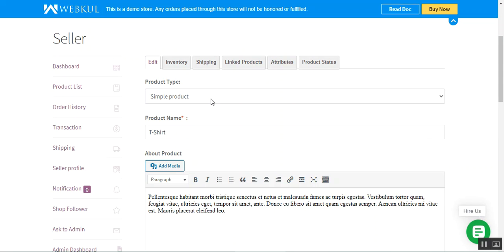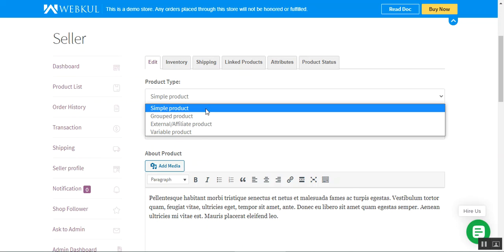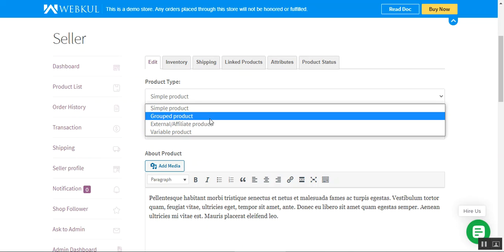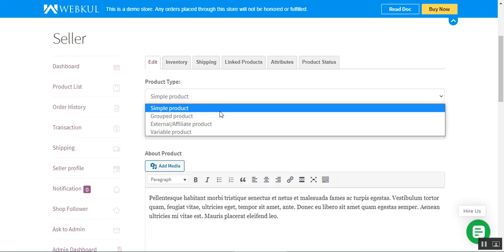The product type was a simple product. Now here you can see that 4 different product types are there. Now it depends upon the configuration in the backend panel for the marketplace itself, the ones that have been assigned for the marketplace vendors. So the product types that the admin has enabled, only those would be visible and can be used by the marketplace vendors to create that type of a product type. Also, the categories can also be assigned by the admin, and within those categories, the marketplace vendors can add their